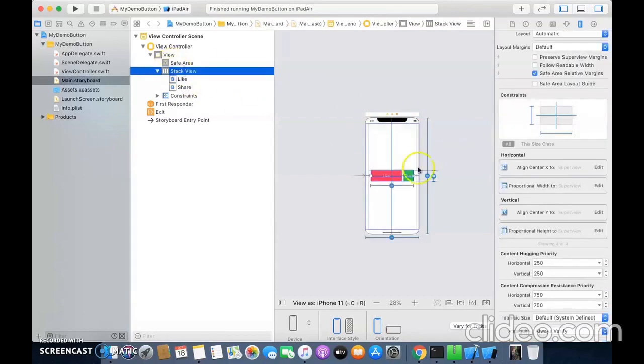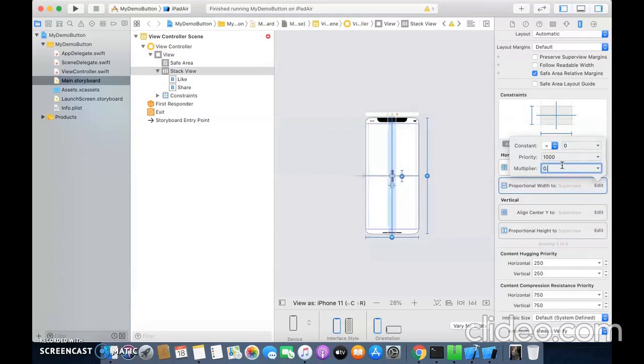We will select the stack view, and first of all let us take the width to be 0.5, and now increase the value. We will increase the value to be 6. You can see that the like button is taking more space than the share button, because the like button has a lower priority, it is taking more space, and the high priority share button is taking less space.